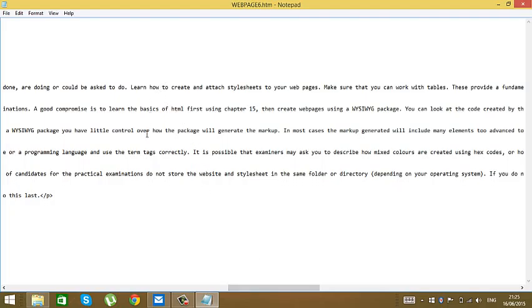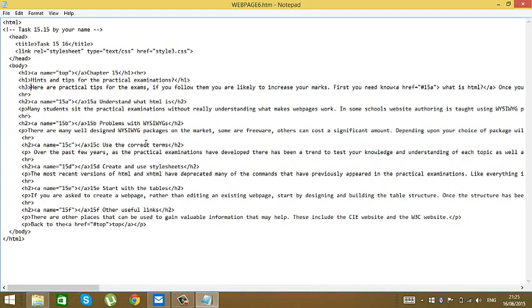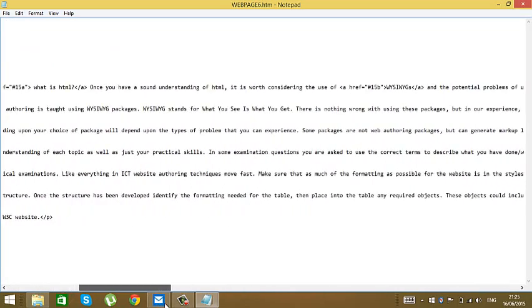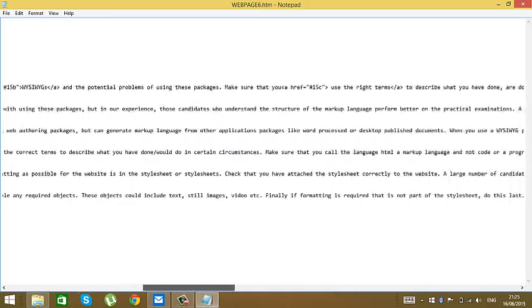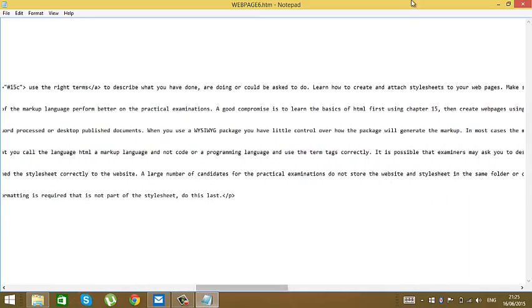Learn how to, open a, href equals hashtag 15D, close.